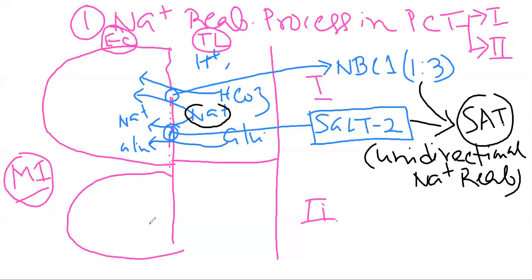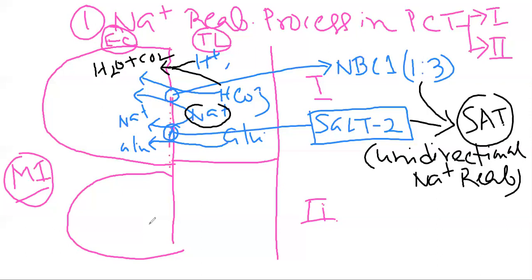Okay, now what happens, this hydrogen ion will be present here, and in the previous lecture on acid base balance and renal tubular acidosis, we had seen that when this hydrogen ion and bicarbonate are present, by the action of the membrane bound carbonic anhydrase, they will produce H2CO3, and eventually it will break down into H2O and CO2. Not only that, but also within the cell, by the metabolic process, there will be production of H2O and CO2. That means when they react with each other, they will first produce H2CO3, and again it will immediately break down by the cytosolic carbonic anhydrase, and it will produce H2O and CO2.